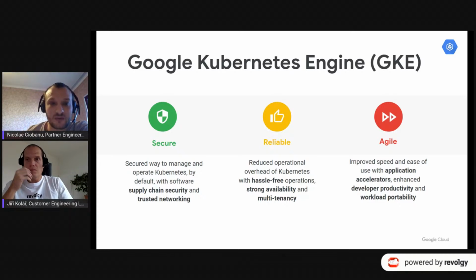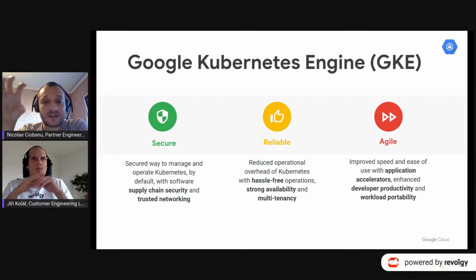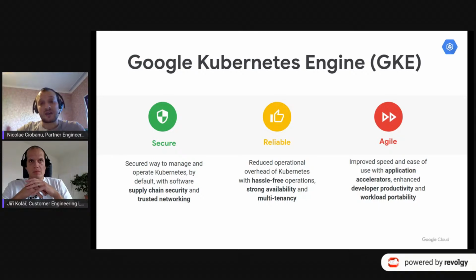for our customers. So first one, it's security. It's a secured way to manage and operate Kubernetes by default, with software supply chain security and trusted networking. If to talk about security by default, it's a hardened GKE with strong security defaults beyond industry standards, including identity and access, certified images, data encryption, private clusters.